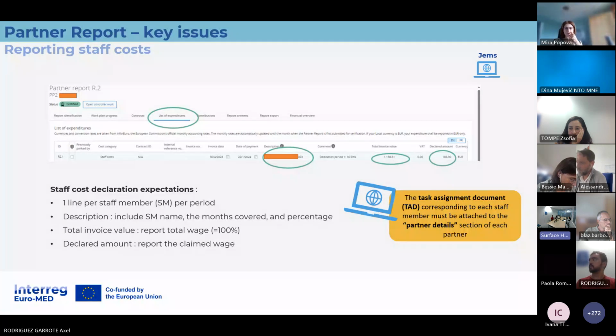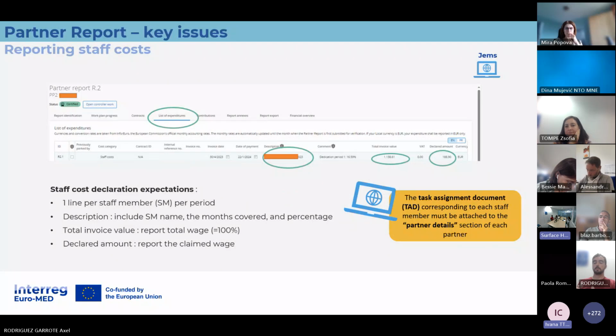And then in the attachment section, that is right at the bottom of this partner detail section, you attach the task assignment. But the rest of the sections of the partner details are not related to the staff member. It's just a very convenient section to gather the documentation related to the partner. That's why we are asking you to include all your task assignment documents in the attachments part of the partner details. Okay, so the location of documents part with all these questions should not be filled, only the attachments part to upload the files?